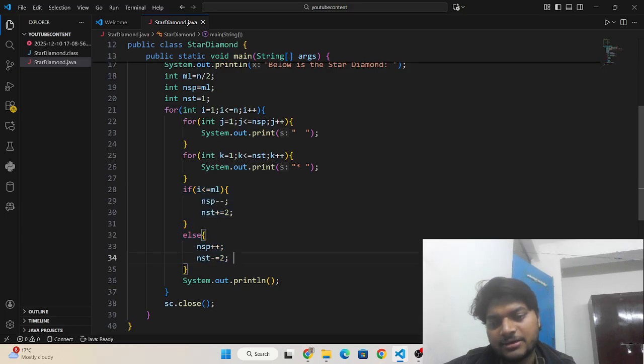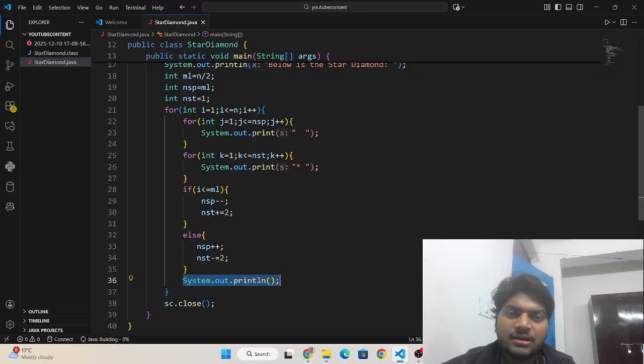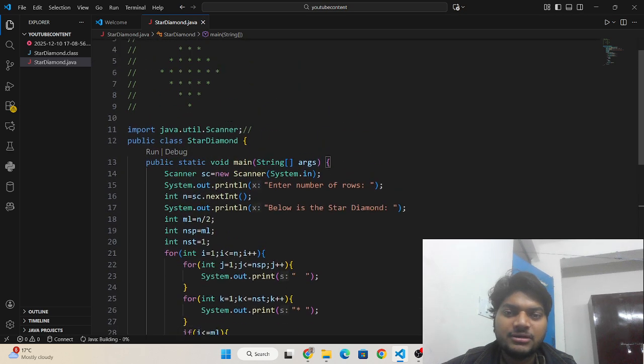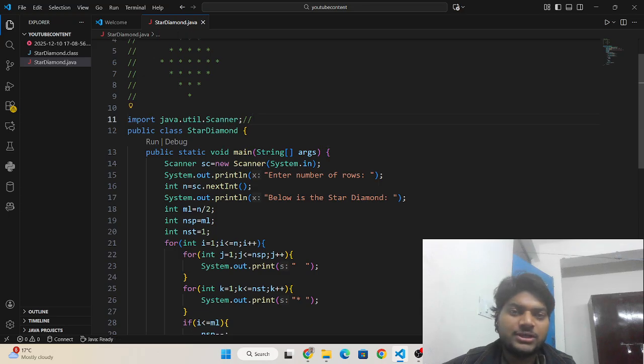Here I have printed a line to move the cursor to the next row after printing elements for each row, and in the last I have mentioned sc.close so that we can remove resource leaks and free the memory. So now I need to write here Scanner st.